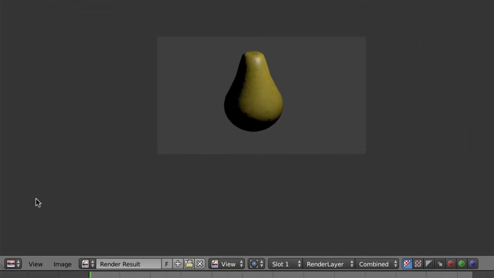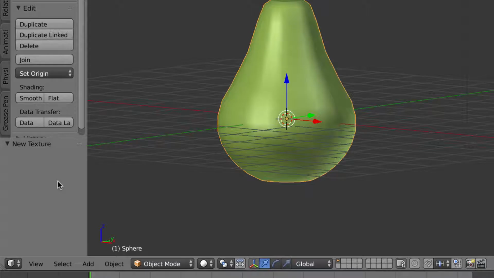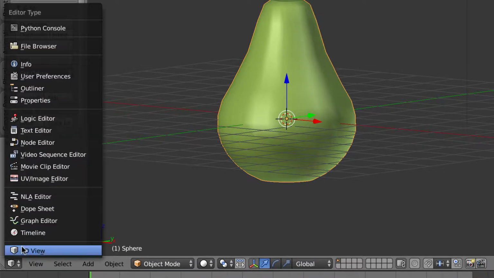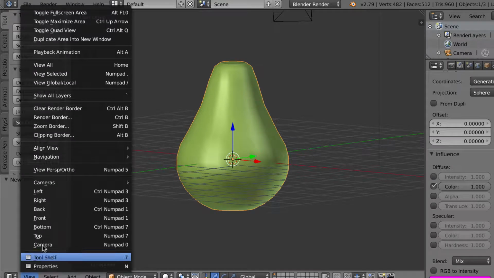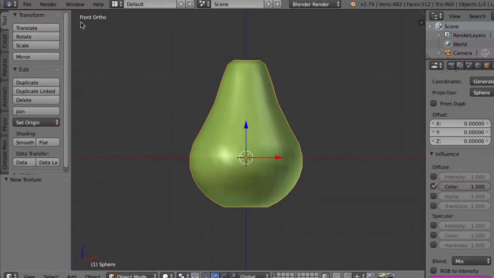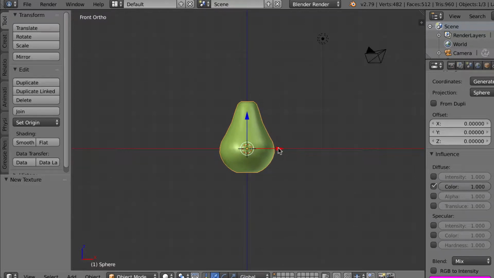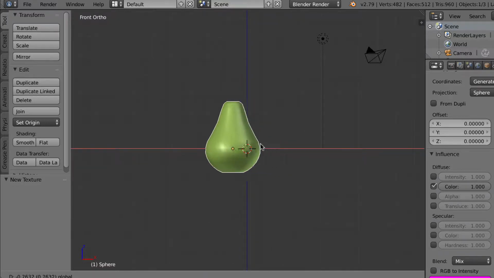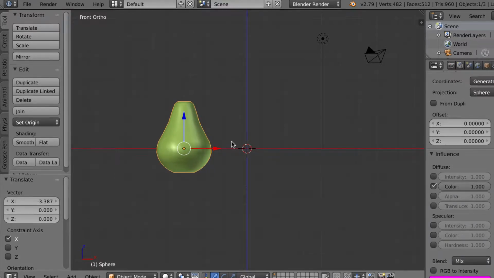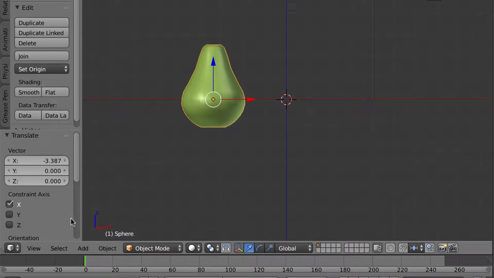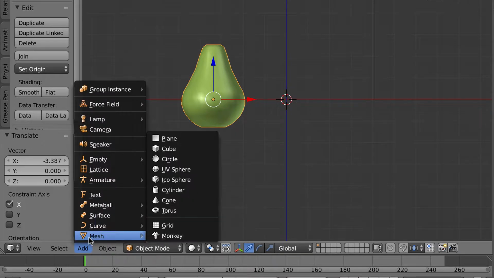And remember to go back out of render view. You could hit the escape key, or you could go down here to view and make it go into 3D view. Now I'm going to go back to the front view, and it's front ortho, that's what I want. And I'm actually just going to move my pear out of the way, just so it's kind of off to the left right now. And I want to keep this view, and I'm going to add another,